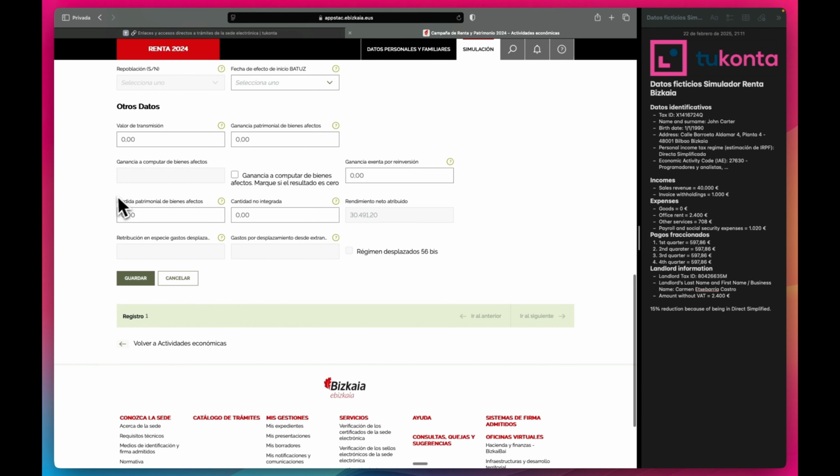These fields that you see, for example this one and this one and this one, are locked, they are disabled. They are only activated if you are actually in direct normal, because that's one of the requirements for the